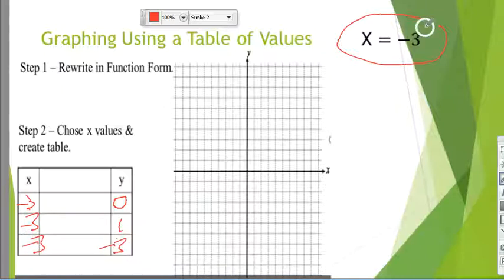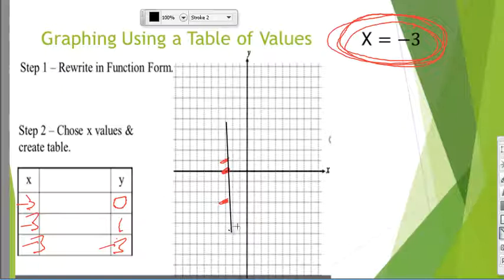Okay, so if your equation is x equals negative 3, that means the x is always going to equal negative 3 no matter what the y is. So negative 3, 0 would be right here. Negative 3, 1 would be right here. Negative 3, negative 3 is going to be right here. So when we graph our line, you guys can see that if it's an x equals equation,